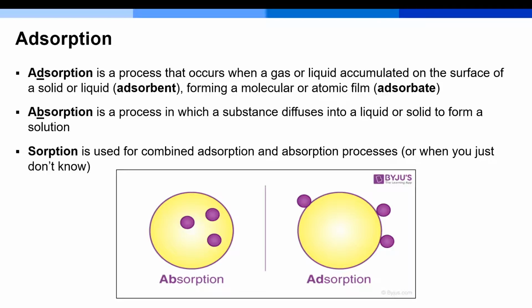Absorption, on the other hand, is a process in which a substance diffuses into a liquid or solid to form a solution. Sorption can then also be used to describe the combination of adsorption and absorption processes, or when you just don't know which one's happening. So from the figure down here, you can see that absorption, the adsorbate is diffusing into the adsorbent,